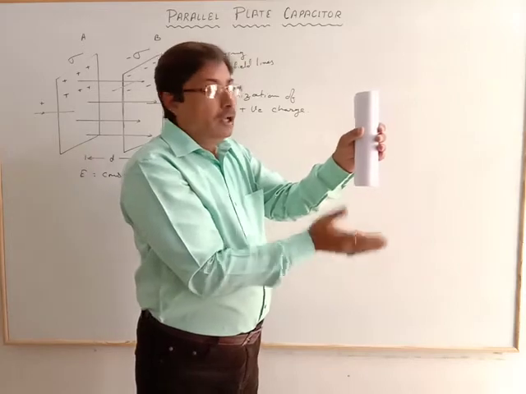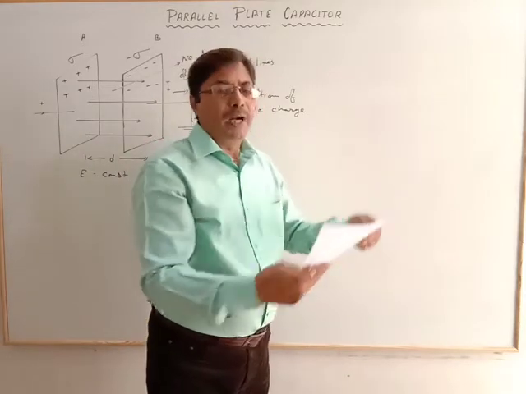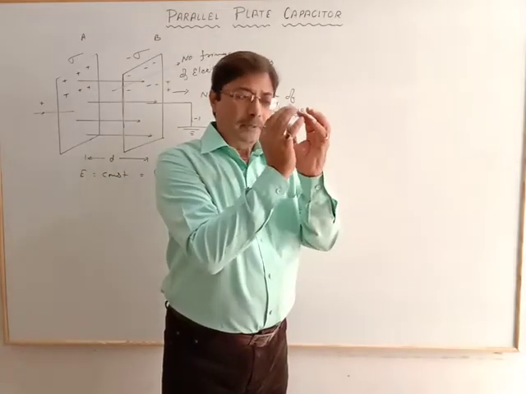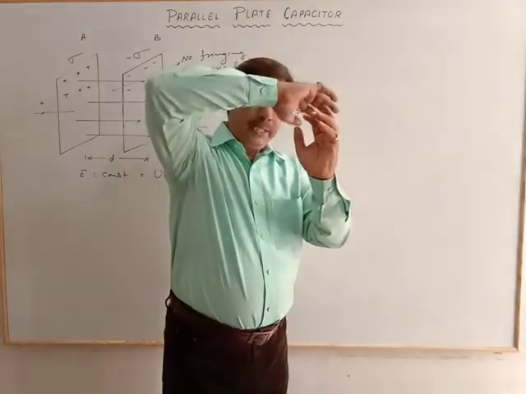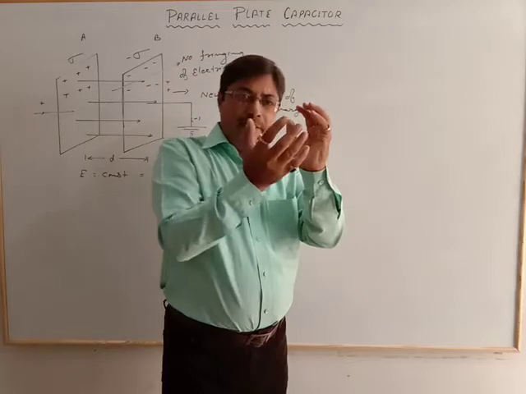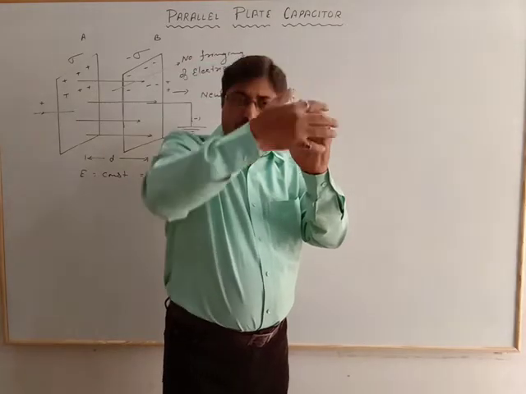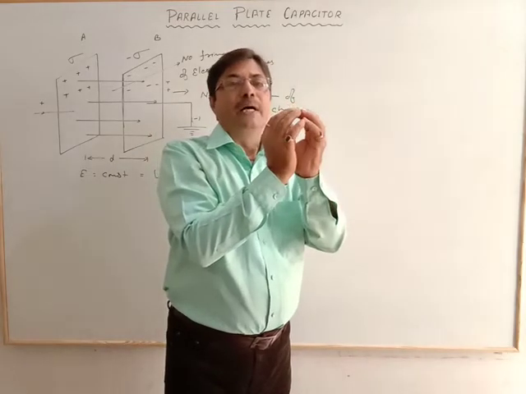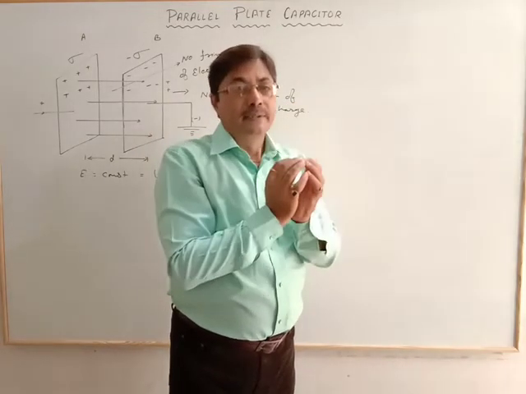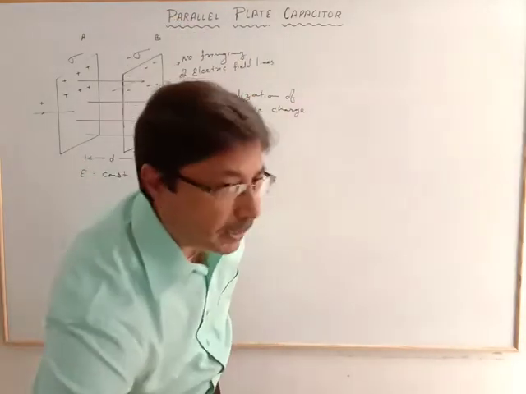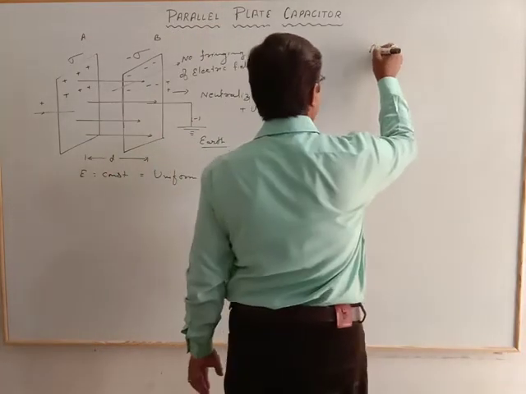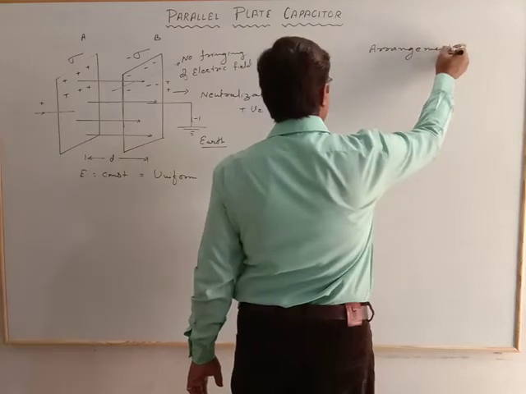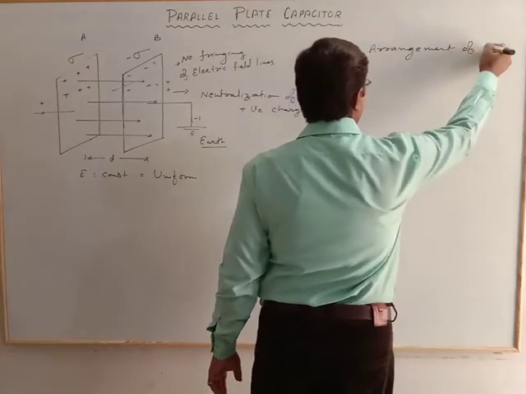capacitor. Like that, whenever the two parallel plates are arranged like a sphere, and over that sphere there is another sphere covering it parallelly, that becomes the spherical capacitor. So this is the arrangement of the parallel plate.